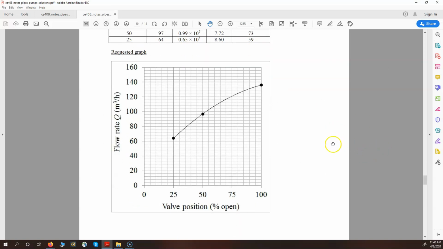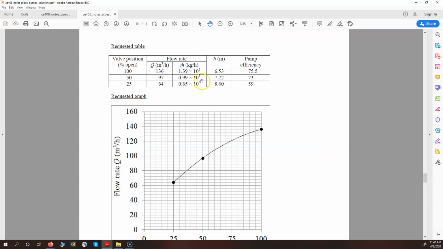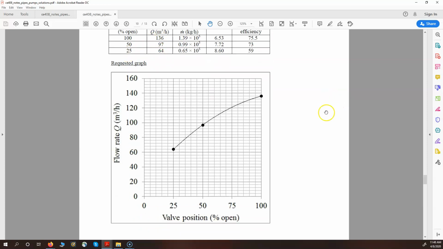This graph here is really interesting. I'm just plotting these results, the valve position here, and what flow rate I got here. So let's look at this curve. Really interesting. For different valve positions, I get different flow rates. These are the three results that I got. This is what you actually need to control the flow. Because in a control system, you want to maintain the flow, or maybe the flow got out of spec. And so if you want a certain flow rate, you know exactly how much open you have to have the